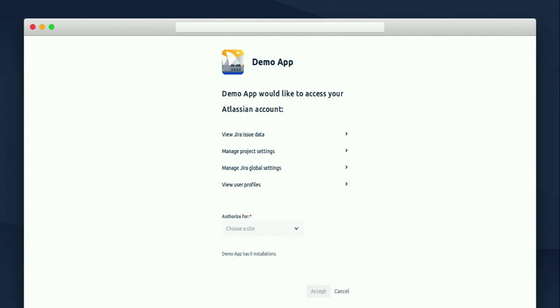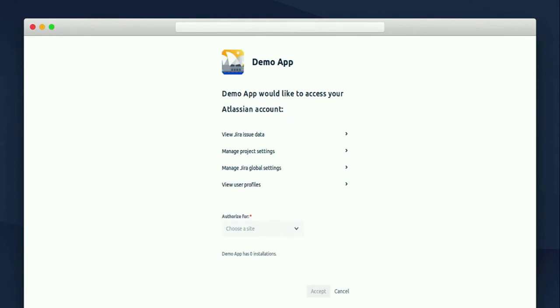And then we also show how many installations the app has at the bottom. That's just to provide some extra trust for the user. So if you go and authorize Gmail and you see 5 installations, you might think that something is wrong and this could be a fake Gmail app. Yeah, and then you basically just click accept, and what happens after you click accept is that the end user